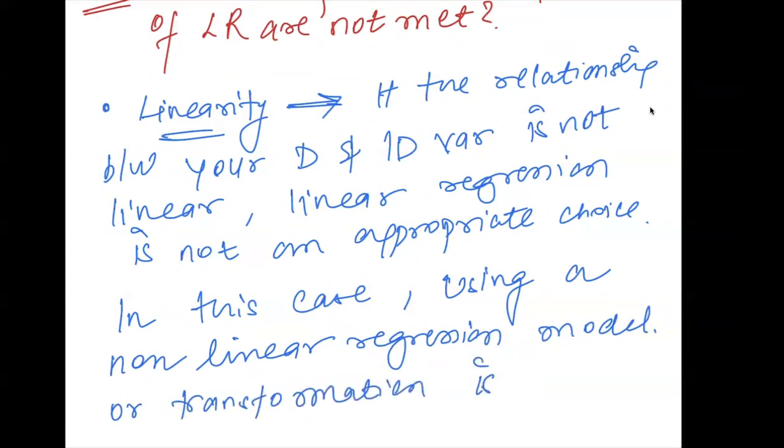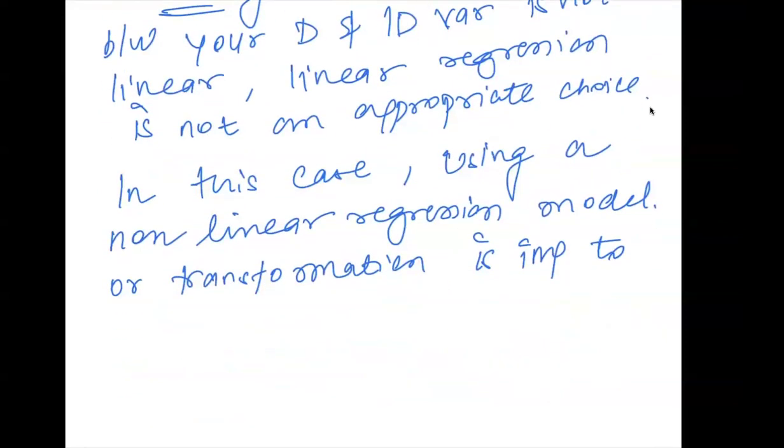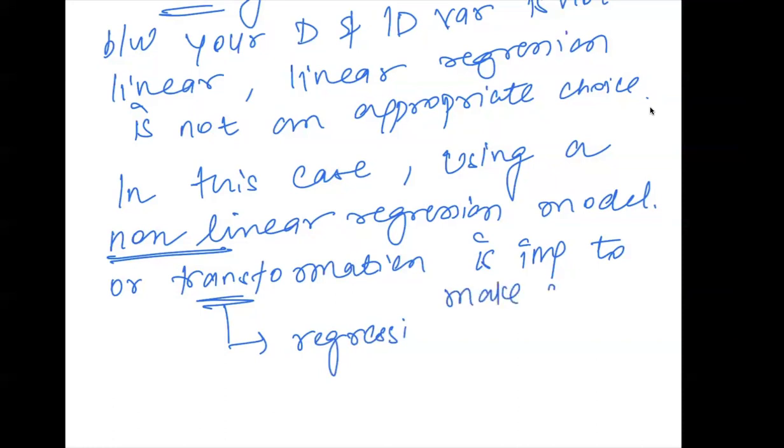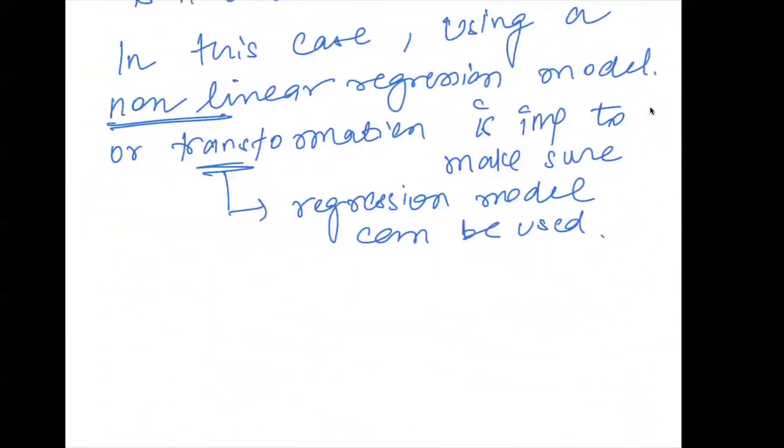So if the relationship is not linear, either use a non-linear regression model or use some transformation technique to make sure a regression model can be used. Okay, so this is the first thing, which is linearity. Second,